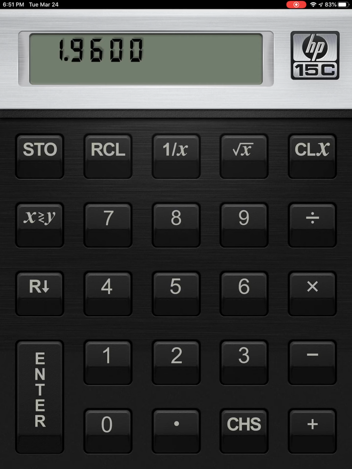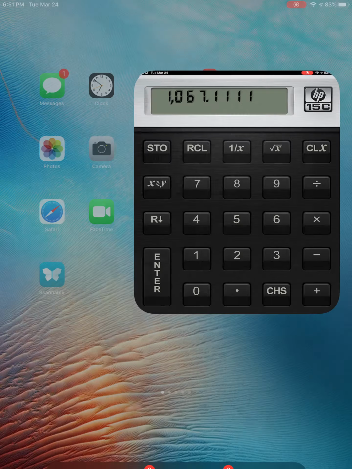1.96 times 1.96, there I squared 1.96, times 0.5 times 0.5. Now I'm going to take 0.03 and I'm going to square it. And I'm going to divide those two results. And there's my magic number. So let's go back to our